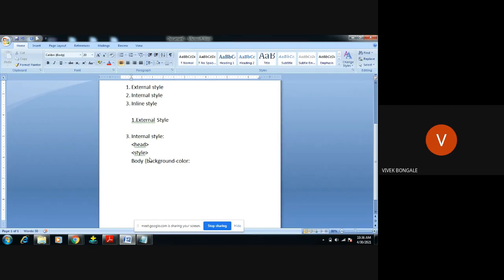If you want to give the hexadecimal, it should start with the hash. I will give 1 2 3 4 5 6, six letters. Let's check what color you will get. And H1.